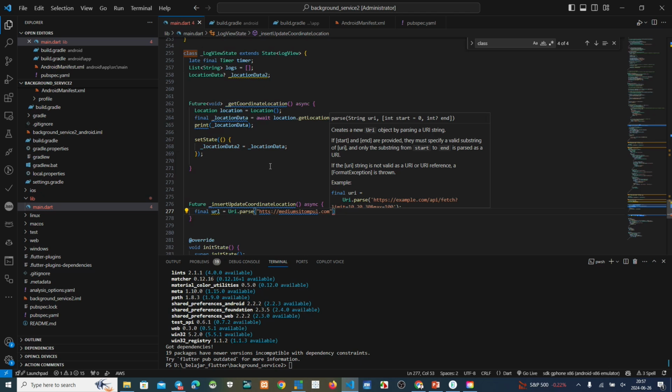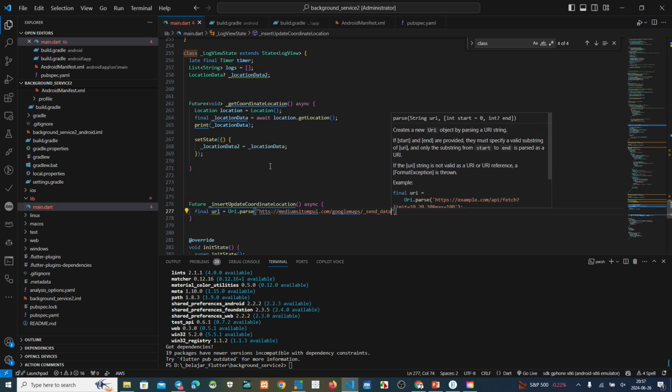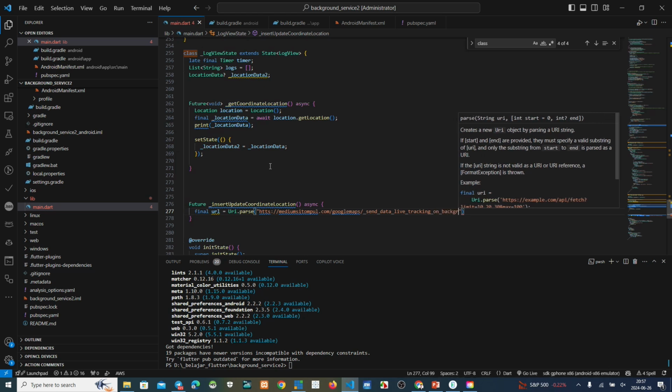Okay, I use this folder Google Maps, and also I make the name underscore send data live tracking on background service.